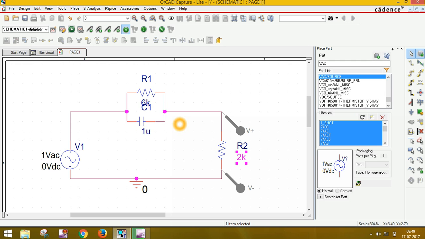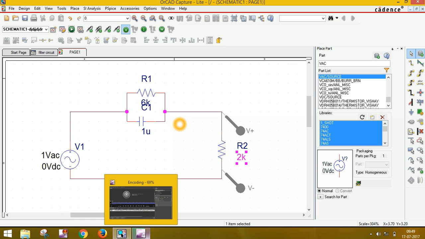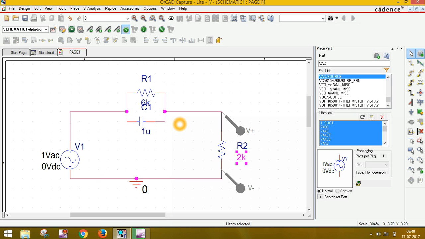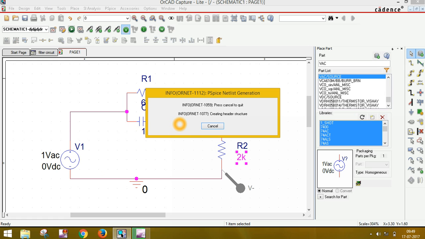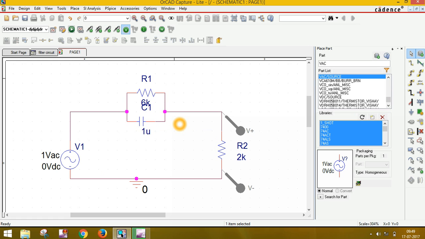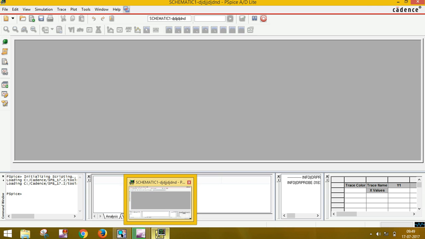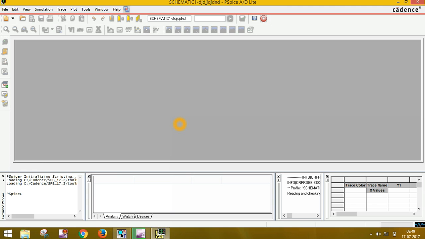Okay. And run PSpice from this button. Here you can see our graph is coming.